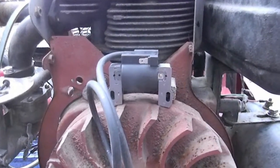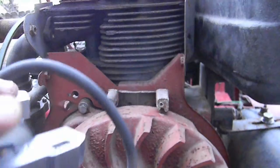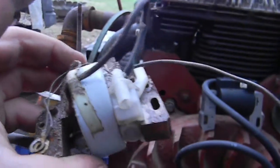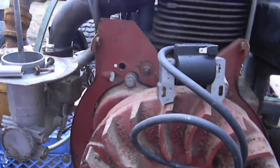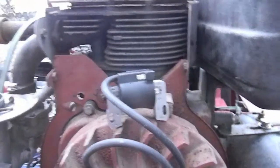There's the replacement. It's non-OEM and it's concerningly different. One of the annoying things is it has a quick connect for the kill wire, and there's no extra wires going to it. I'm assuming it grounds straight to the engine, which does make sense. Actually, this one's got wires going to it, and then the kill wire comes off here. So the shroud definitely has to come off at some point because I don't have a quick connect laying around. I'll have to rig some kind of wire up to it so I have an emergency kill, but